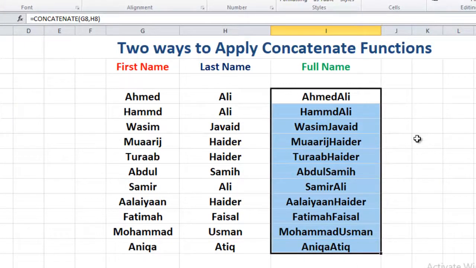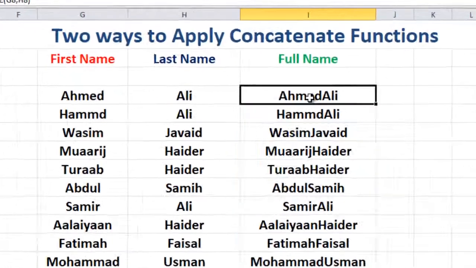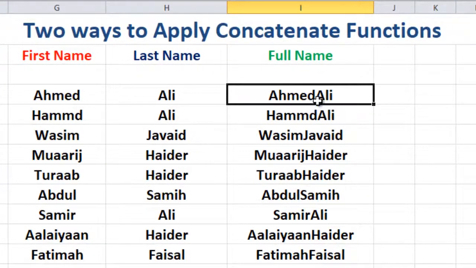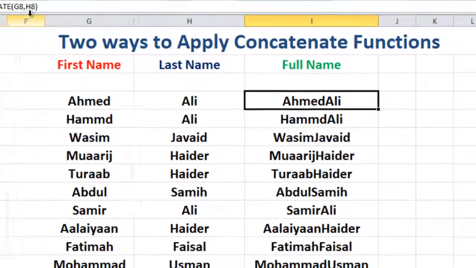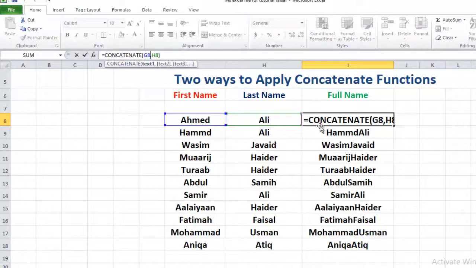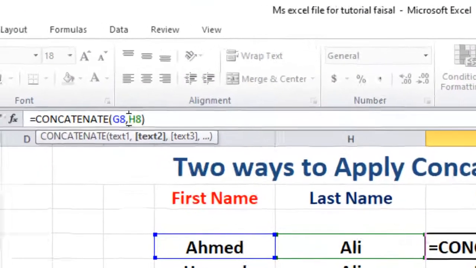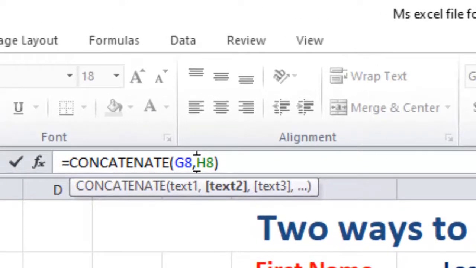Next, can you see there's no gap between the first name and the last name? So what we need to do: I will click here, and when I click in the formula bar, the formula will appear. After this comma, I bring my cursor over here.